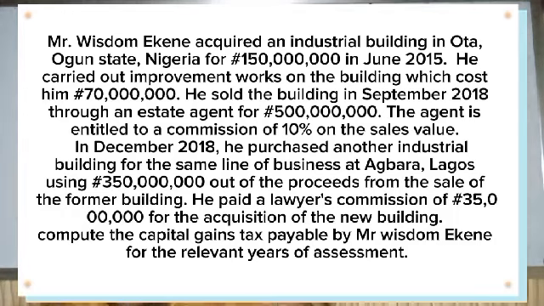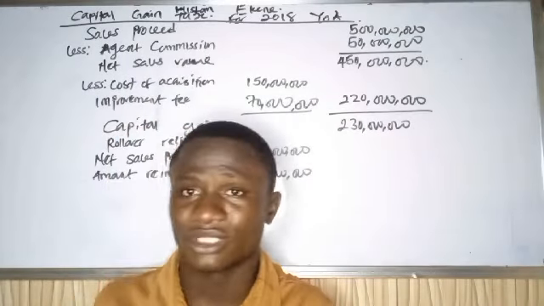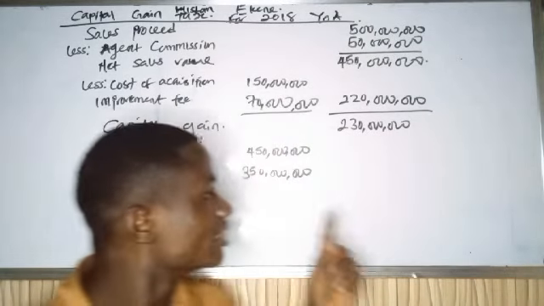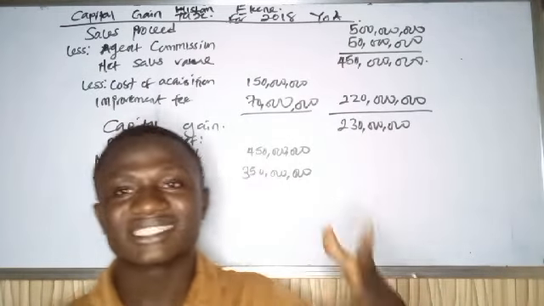They said he bought the assets using 350 million out of the proceeds from the sale of the former building. He paid a lawyer's commission of 35 million. Now this man is buying this asset for 350 million and is paying a commission of 35 million. So if I should ask you, what is the cost of buying the asset? The cost of buying the asset is not 350 million alone, but it's 350 million plus the 35 million naira